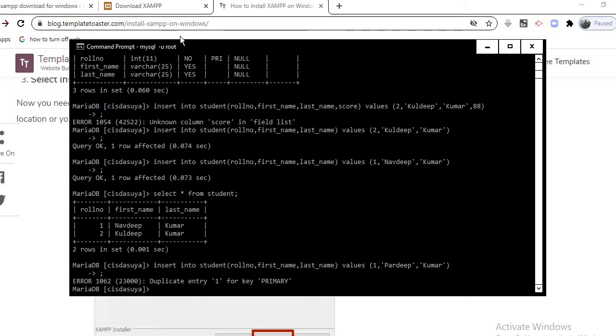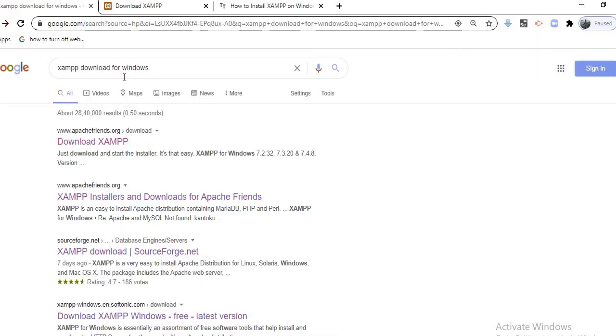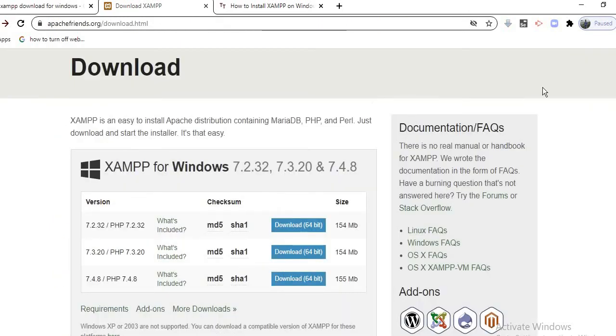What were the steps? We opened the Google window, and here we searched for XAMPP download for Windows, and this is the very first result that will appear before you, XAMPP for Windows, and then you have to check whether your Windows is 64-bit, so you have to download the XAMPP accordingly.